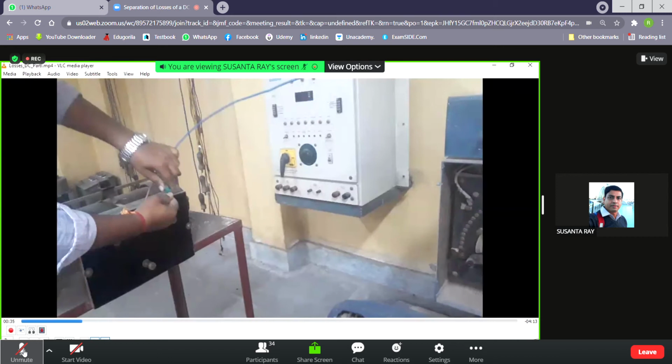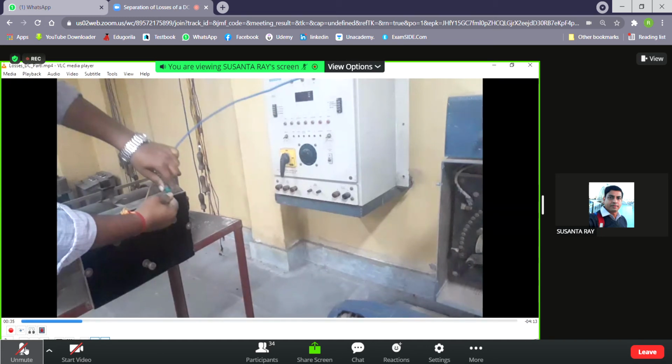You see, this is a rheostat, which is kept on a table. It's a big rheostat. Big rheostat means its current rating is a little higher, because you know that the armature has a higher current rating than the field. So the device which will be connected in series with the armature should have that current rating only. Therefore we have used a 5 ampere rheostat for this armature. So he is connecting this particular rheostat.